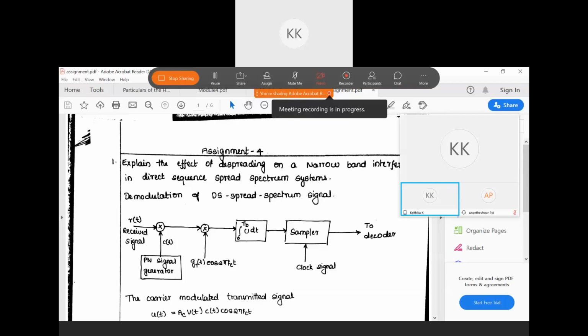No, I'm asking about the autocorrelation property. Second step, proving the property. Yes, autocorrelation property. Only one property is asked there, right? Not all three properties. Okay, okay. Okay, let me share the solution.